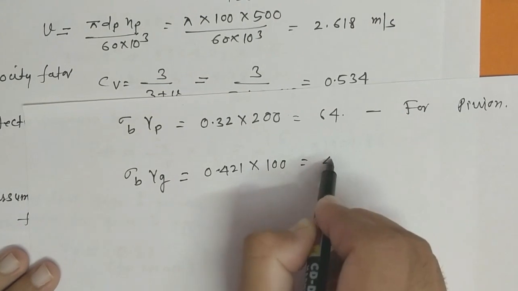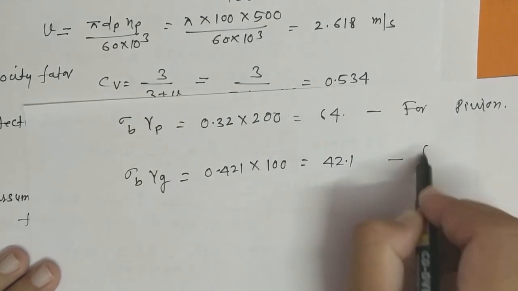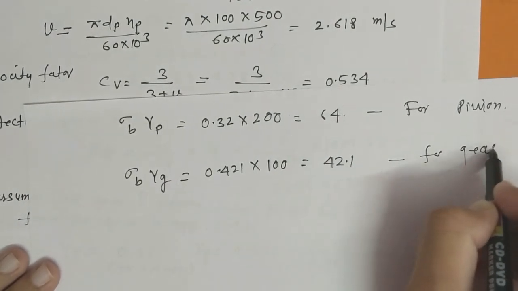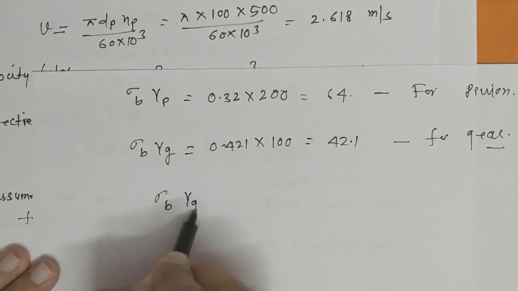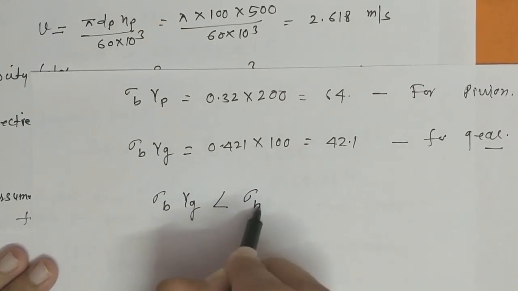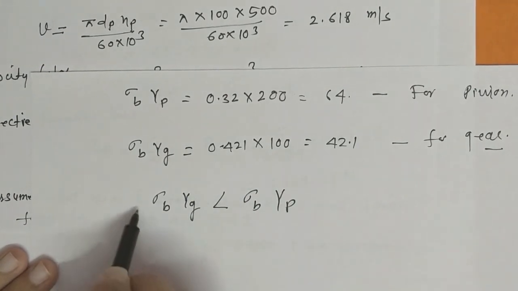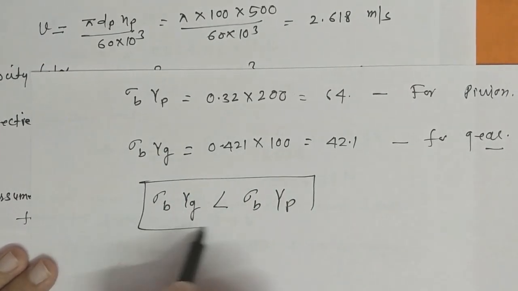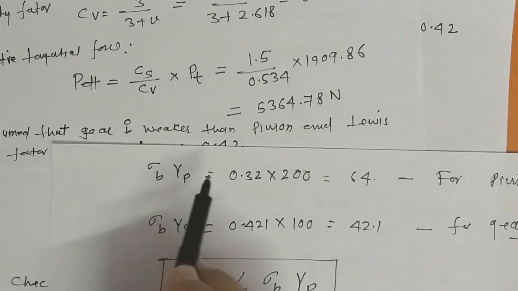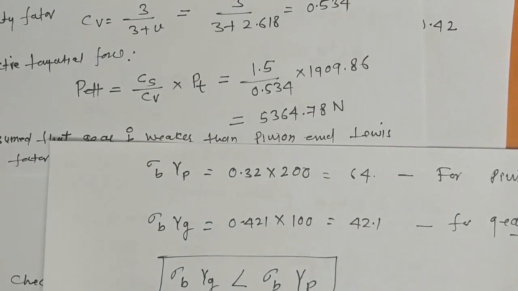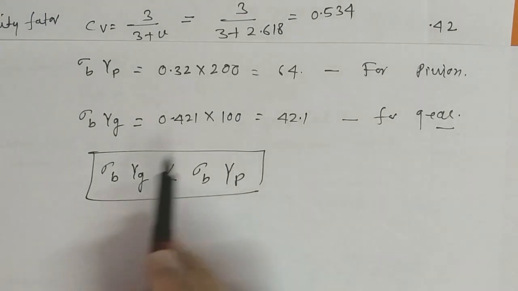So this is 42.1 for gear. So now we can say sigma b yg is less than sigma b yp. From this you can say our assumption was right. So we can say the gear is weaker than the pinion. So we have to design this whole system for